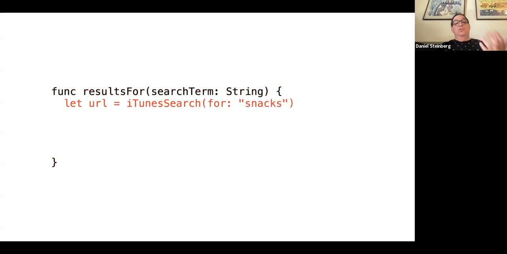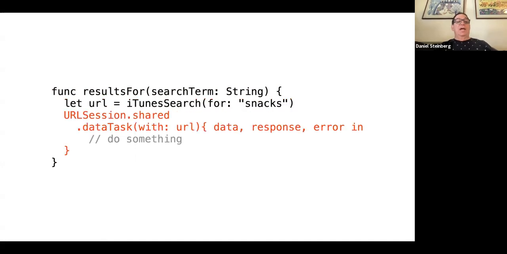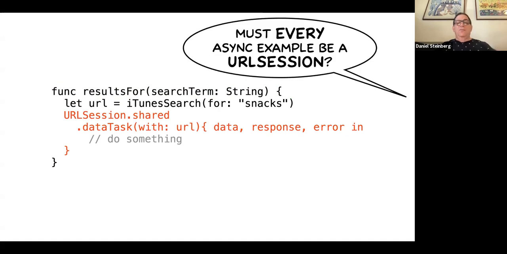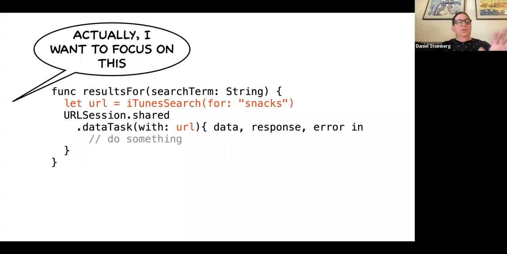And so I have to construct a URL. And so I'll use another method, iTunes search for snacks. And let's see, I'm going to start a URL session and a data task. And you go, oh my gosh, why is it that every async example is about URL session? And my answer to you is, this one isn't. I just happen to start this way. We're not going to do URL session at all. What I want to focus on is the building of this URL,